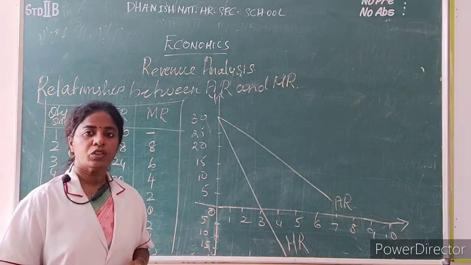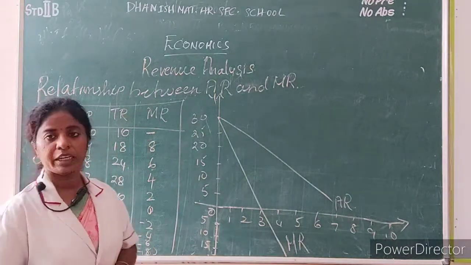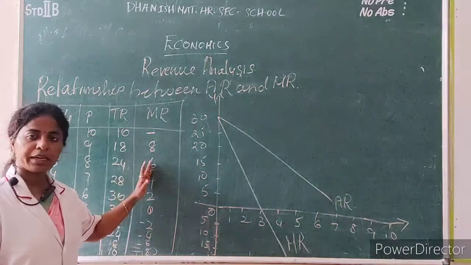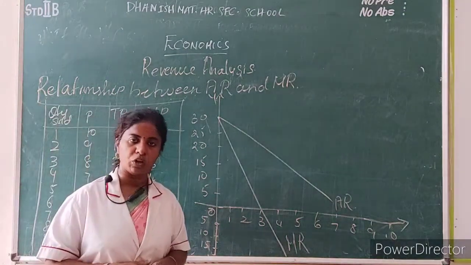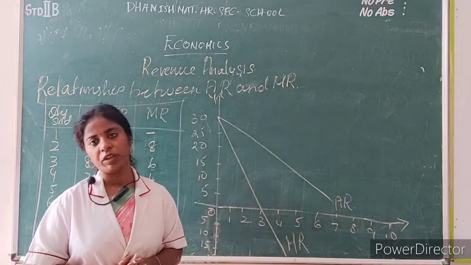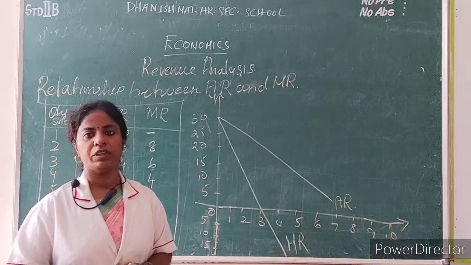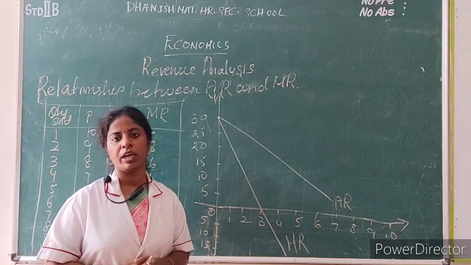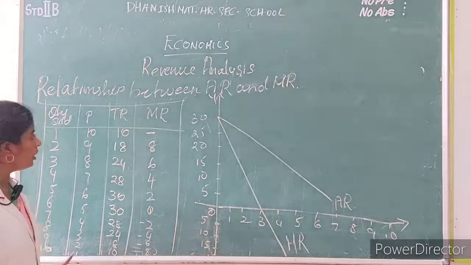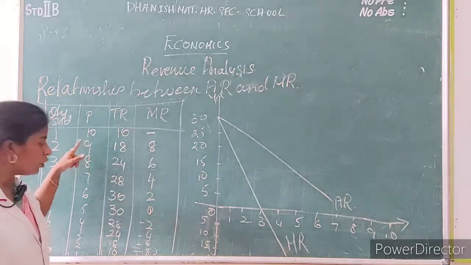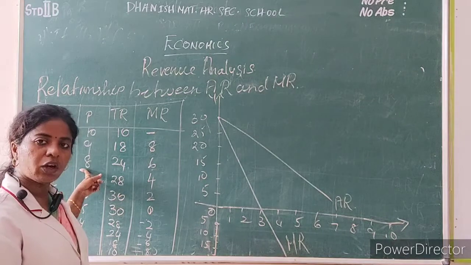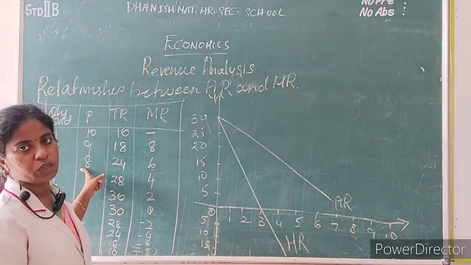Okay. So next, the relationship between AR and MR under declining price. This declining price is followed under imperfect competition, where the product will differ, the price will differ and the profit also will differ. See here, under declining price the number of units sold is up to 10 and the price is 10, then it starts to decrease because the price will not be constant. In order to create demand, or more sales, the price will be decreased.